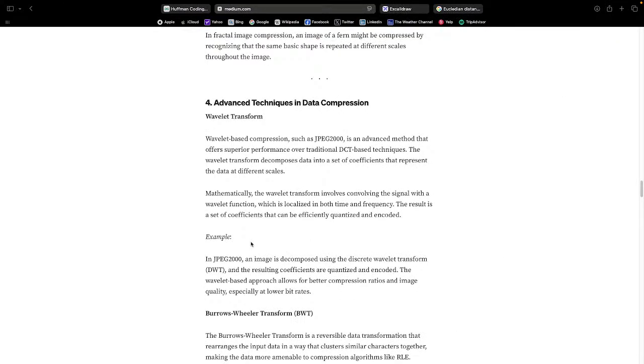Okay, anyways, we have wavelet based compression such as JPEG 2000, an advanced method that offers superior